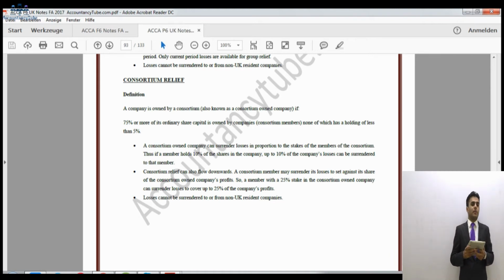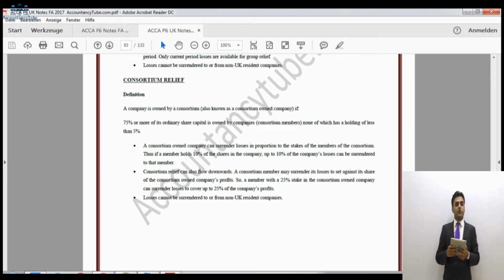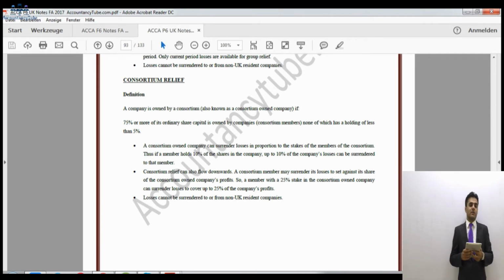But for capital gains purposes, the group definition is a little different from the one we have seen earlier. Now, in the earlier definition, what was the definition? That was 75% shareholding, wasn't it? If you go back to the previous chapter, it says 75% group to transfer trading losses to other companies within the group. Now, if you had 75% shareholding, in that case only the taxable trading profit can be set